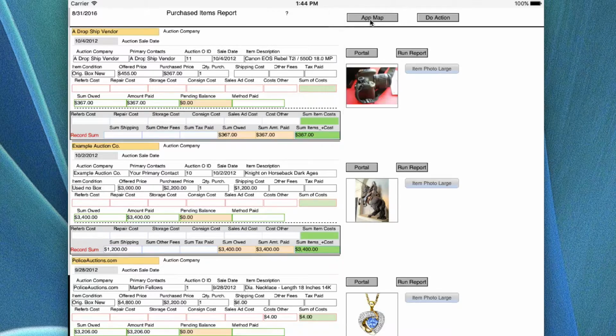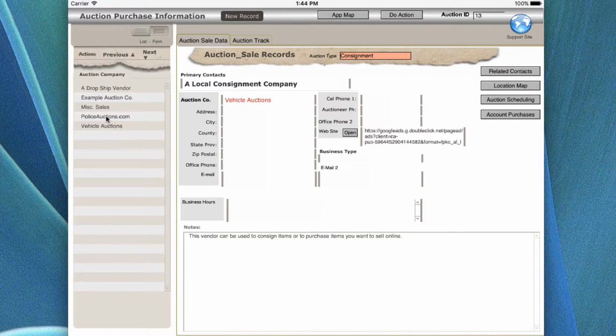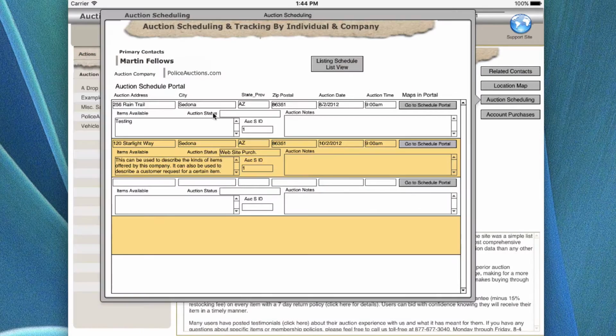Okay, let's go back over to the one click to get over here. What we're doing now, we've covered all, I'm going to recap. We've covered all of this information here. We've covered this information here and the notes. And I showed you where you can click on any one of these and change between the screens, or you can use the find in order to find a particular record by either the vendor or any of the information in here. And the other thing I was pointing out is that when you're looking at a portal, you cannot